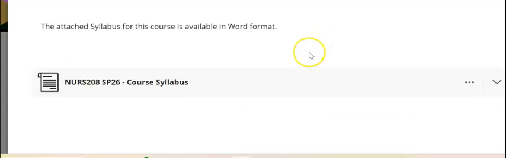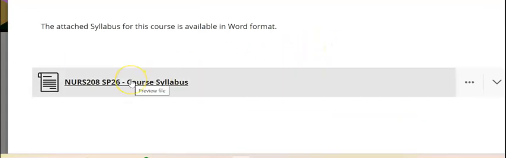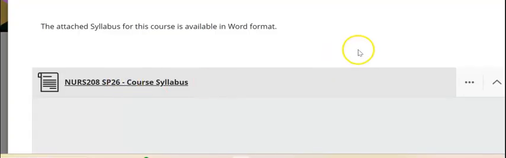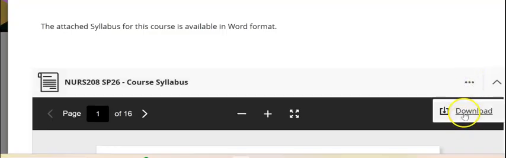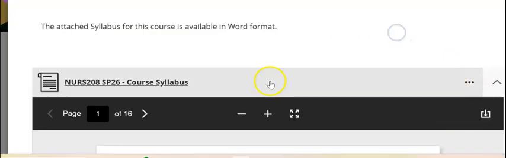So the syllabus is right here. I have it in a Word document. It has page numbers on it. Let's just give it a real quick look if we can. All of the documents you're able to view and or download. If you want to download, you just click here and you can download that if you would like to save